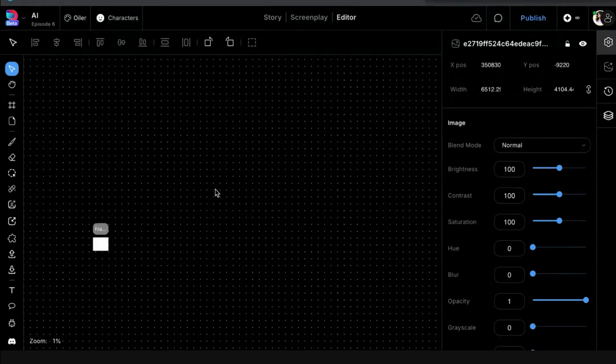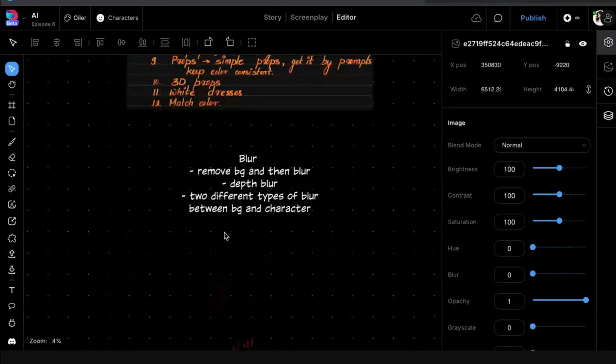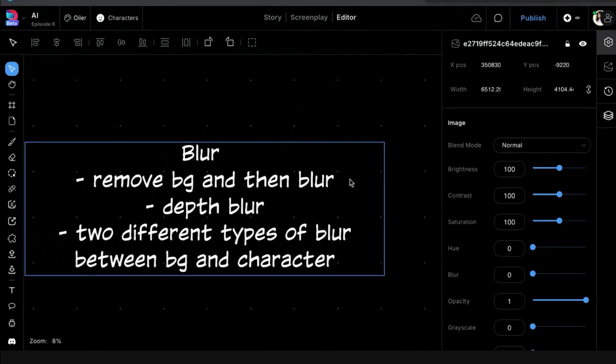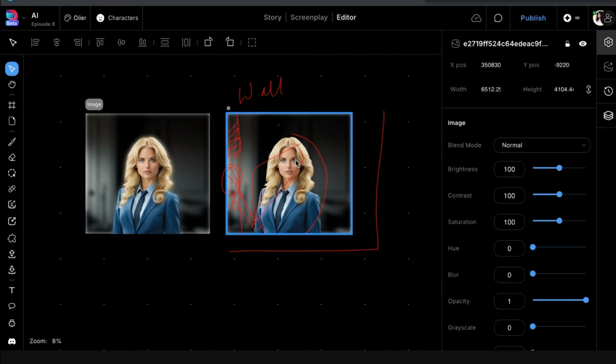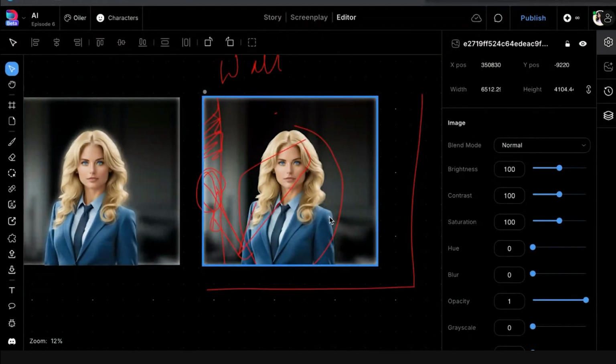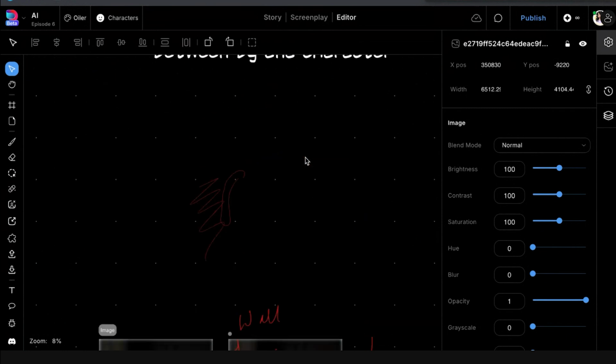We did understand three concepts about blurring. First one was, whenever you have a half cut image or a half body image where you have to just blur the background, don't blur the background like this. Rather, just remove the character so that you get a crisp image, you get a neat image there. Second thing,